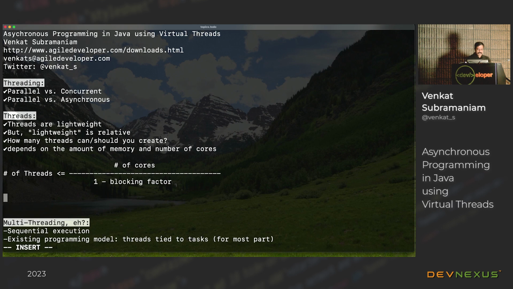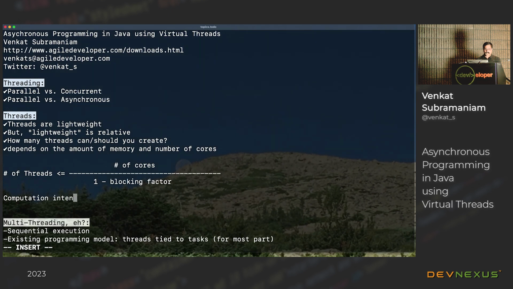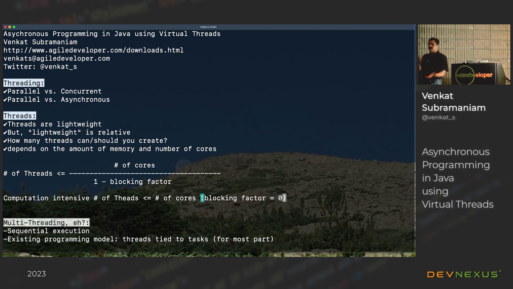If you have computation-intensive operations, then you are going to be looking at number of threads less than or equal to number of cores, because the blocking factor in this particular case, as you would imagine, is equal to 0. Because you are computation intensive, you've got work to keep churning, so the number of threads is less than or equal to the number of cores. What if I create more threads than that? Well, while threads are busy running, other threads will ask you to get out so they can get on it. So now you're going to be thrashing back and forth, and your performance is actually poorer.